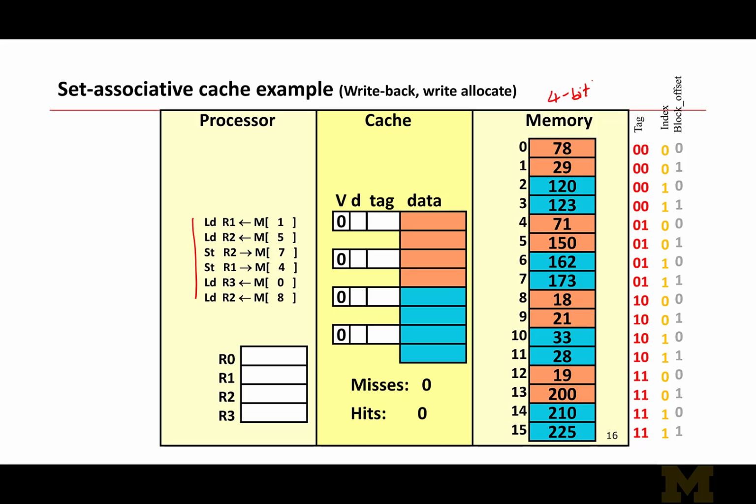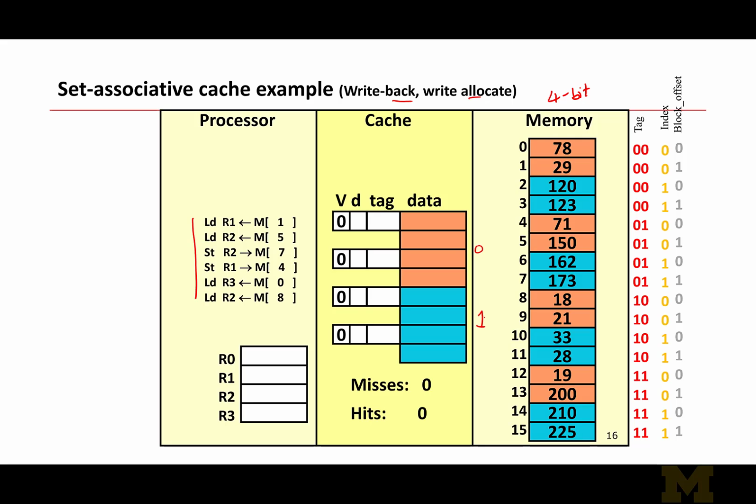So we are going to assume that this is a write back cache, and we are going to allocate a cache block in the cache when there is a write to an address that is not there. So therefore it's write back and write allocate. Now we have 4 cache lines, and we are going to assume that it is a two-way set associative cache. What that means is each set has 2 cache lines, so they are color coded. So you can see that there are 2 colors for the cache, and each one corresponds to a different cache